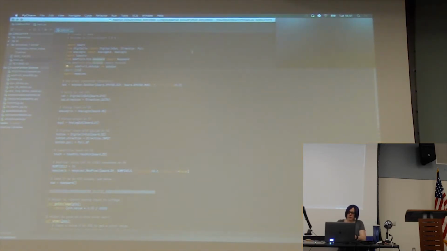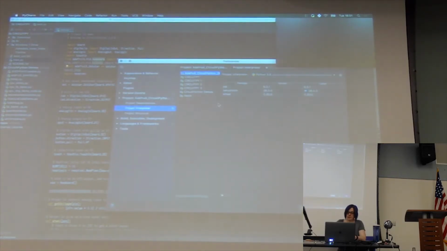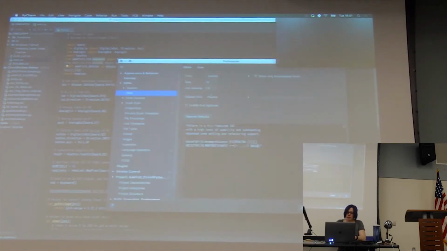So that looks like a thumb drive to the computer? Yes, it does. You're just editing a file on a thumb drive? Mm-hmm. When you plug these in,